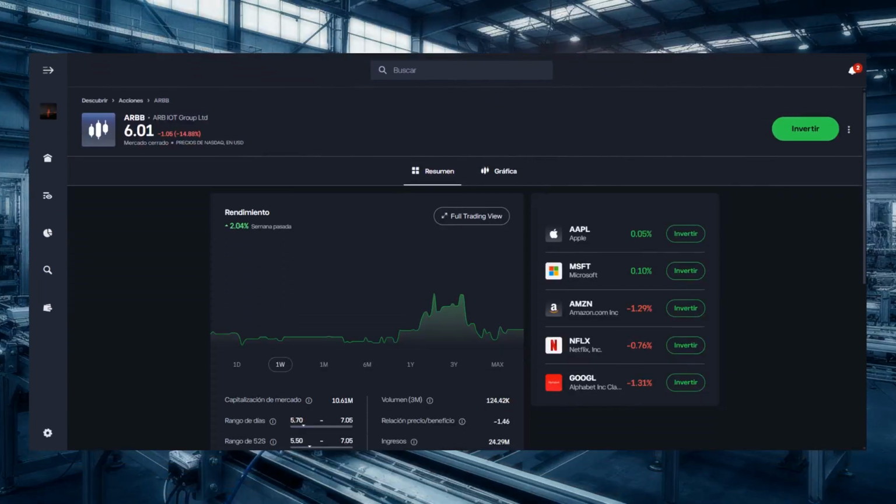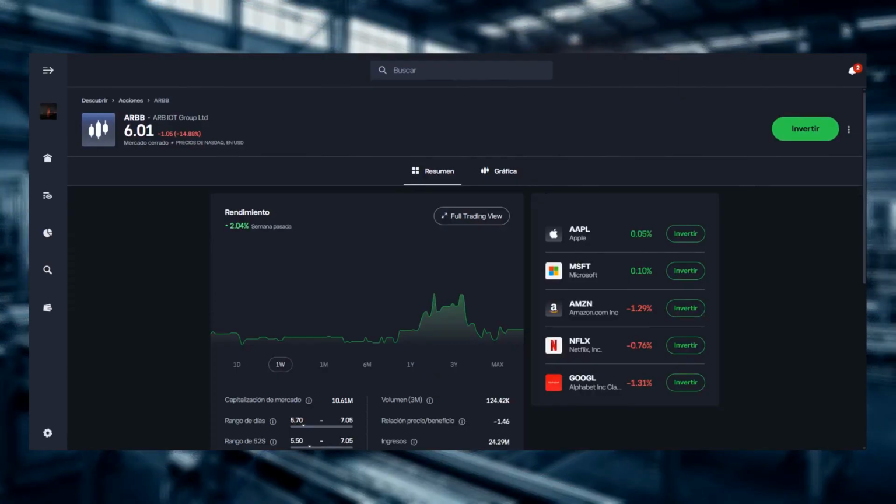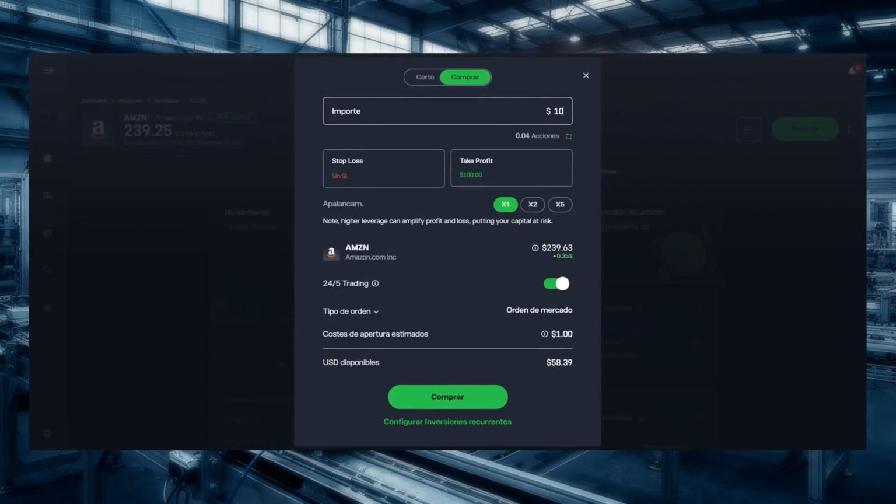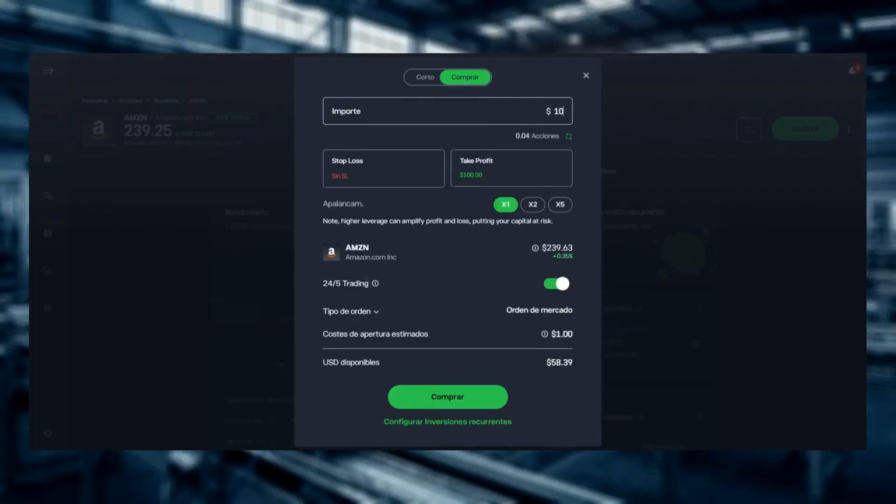On the asset page, review the company overview and the price chart to confirm this is ARB IoT Group Ltd. Check the exchange shows NASDAQ and the ticker reads ARBB before proceeding. Click Invest or Buy. Enter the amount you want to spend, then carefully review the order details and confirm the